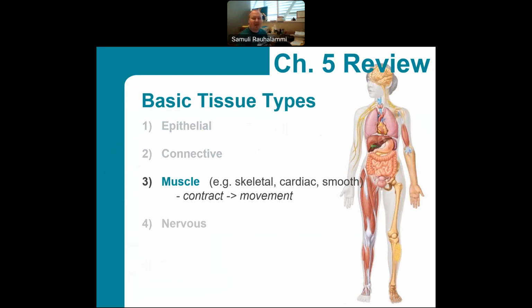So for muscle in general, you could say that the biggest or most obvious function is that as muscle contracts, it generates movement. But we'll again end up seeing that muscles can do a lot more. We, for example, use muscles when we are regulating body temperature, when we're getting too cold, so we can start to shiver to produce heat and so on.